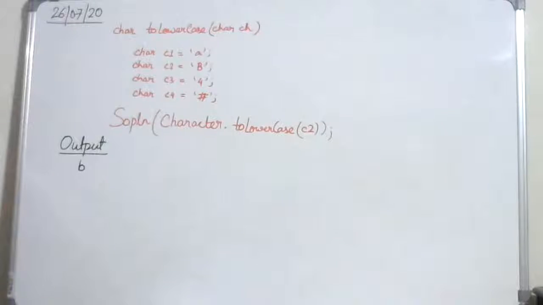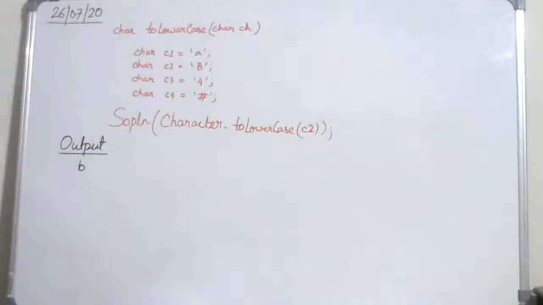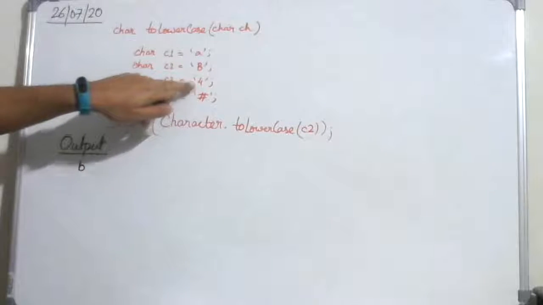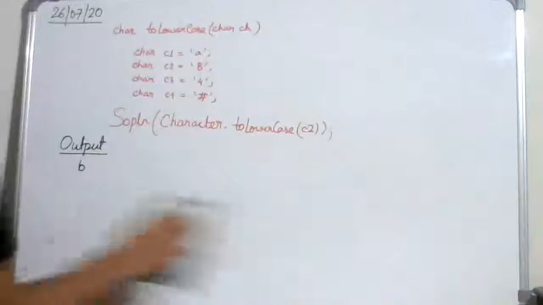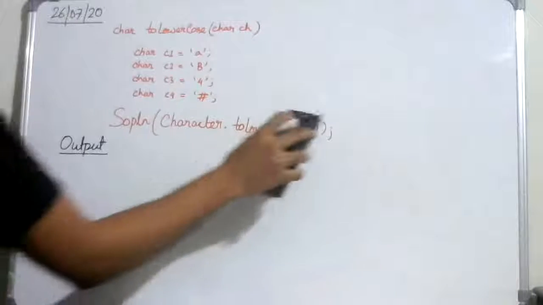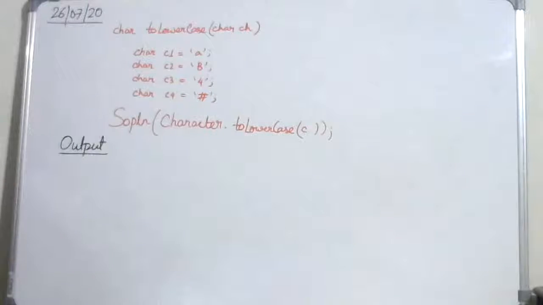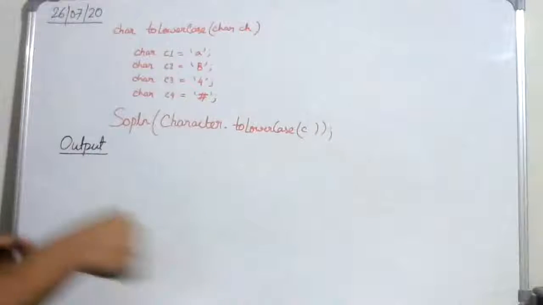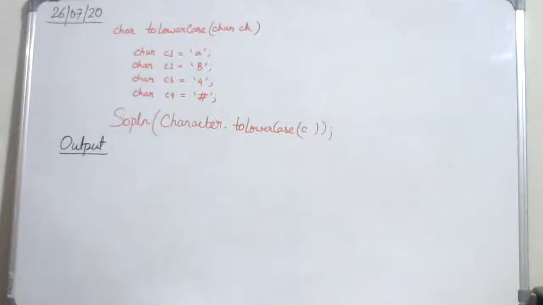Interestingly, in the previous class, as I had said, the toLowerCase and toUpperCase functions only work on letters. That's true, but even if you pass digits or symbols as an argument to the function, let's see what happens. It will not give you an error as such. Logically, lowercase and uppercase should only work on letters, right? But what happens if we pass a number or a symbol to it?